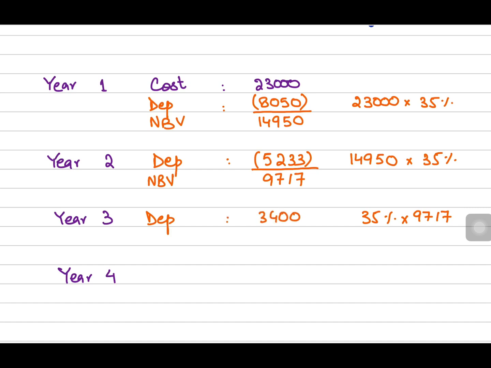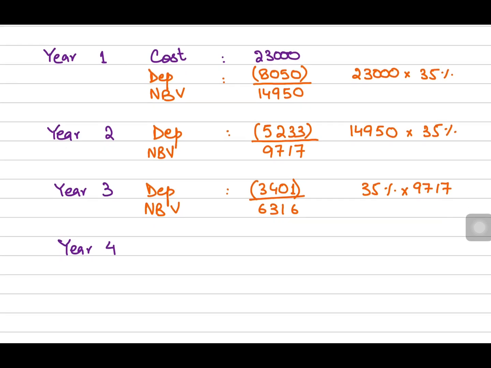It's 3400.95, so let's just keep it 3401. Now, the net book value at the end of year 3 would be 9717 less 3401, which is 6316. Now we are standing in year 4. So, now again depreciation would be 6316 multiplied by 35%, and that would be 2211. So, the net book value at the end of year 4 will be